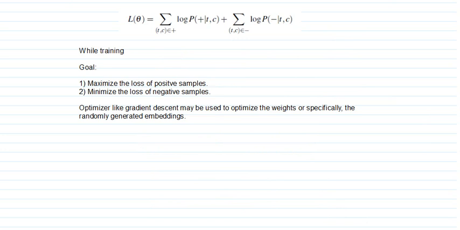This loss function has T comma C belonging to all the positive samples. So all the positive samples will have all the words and contexts. Similarly, negative samples will have a lot of words and contexts. So we will cover all the target words with their positive context, but also with some negative context, right? In this way we will obtain the